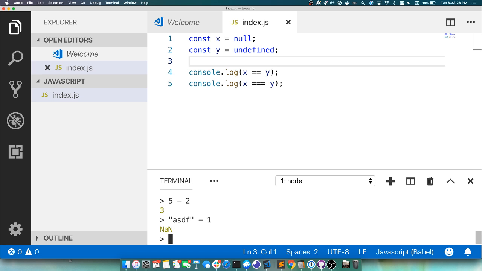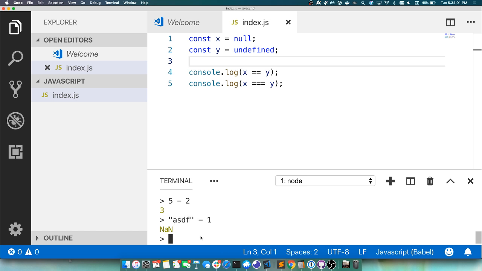You can stick them together, which doesn't really make sense for plus either, but it's like, okay, that's similar enough, I guess. It's sort of like adding. You can't minus a string from another string in any sort of intuitive way. So it's not defined for that. And so it says, well, we're going to have to do this operation on two numbers. And then it says, well, there's no way this can be a number. So whatever the result of that is, it's definitely not a number. That's why we get the